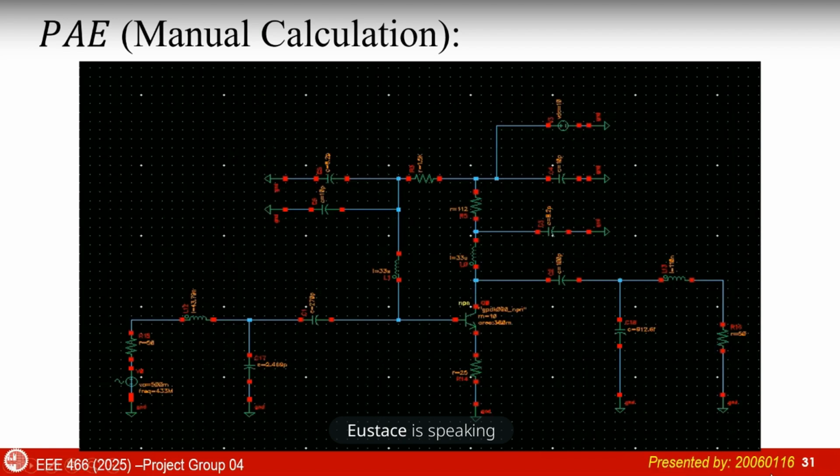Besides the Cadence tool, we have also calculated PAE manually. This is the circuit we have modified for manual calculation of PAE. We just replaced the input port with a resistor of 50 ohm and an AC source. We have replaced the output also with just a resistor. After modification,